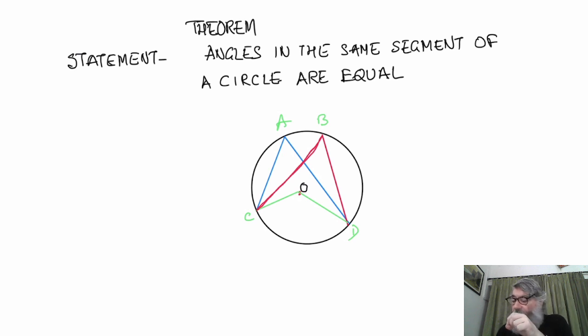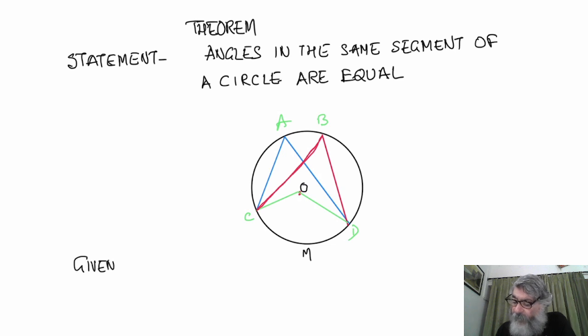So let us see, first of all, that the arc CMD is subtending an angle BAD at the remaining part of the circumference and BOD at the center. What is given? First of all, let us see what is given.